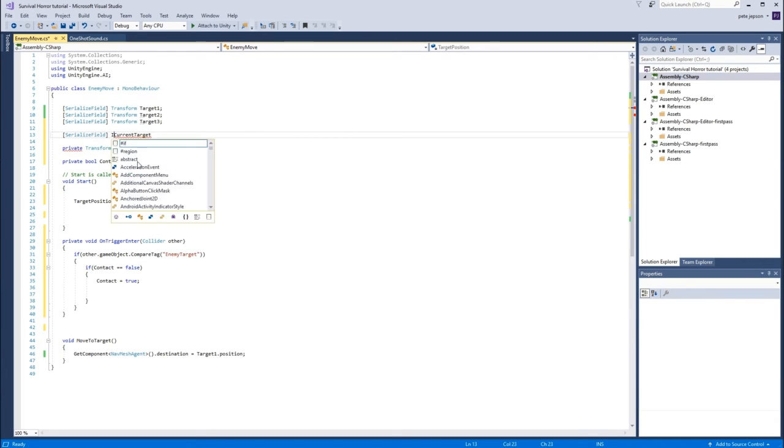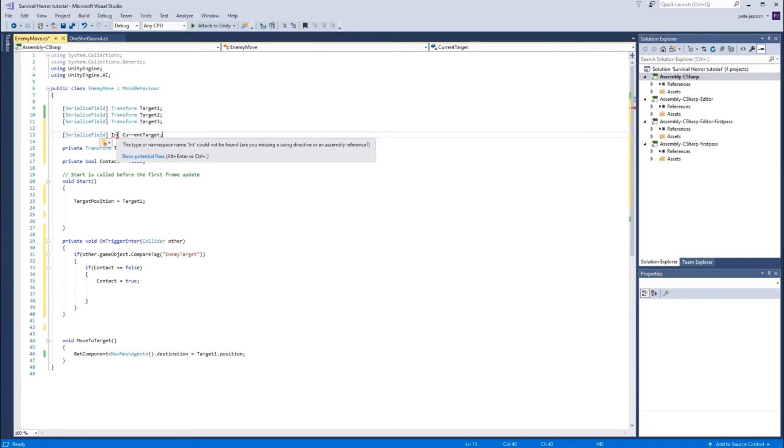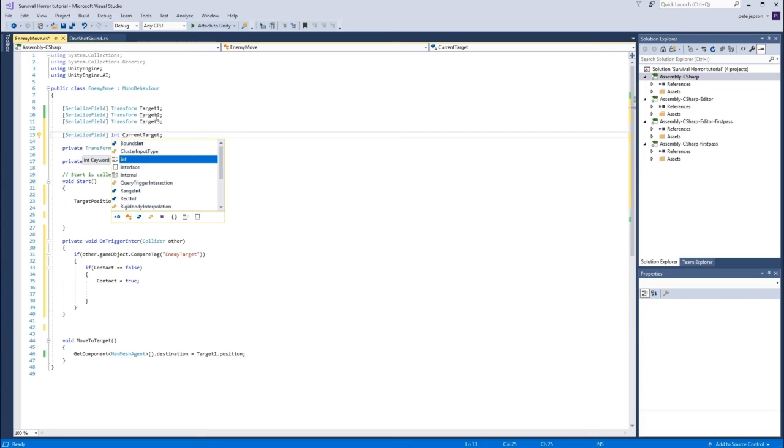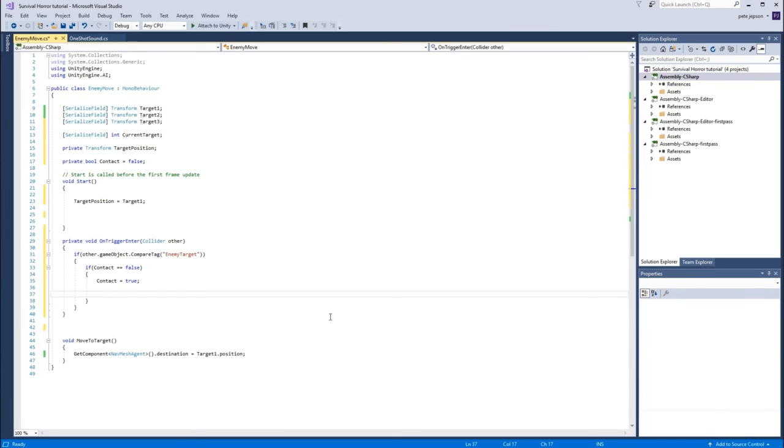So it is actually an integer. Why is it not liking this int? Let me try it again. So I put a capital on there. An integer is obviously just a whole number, and the current target is going to store whatever that whole number is. So now what we say is current target